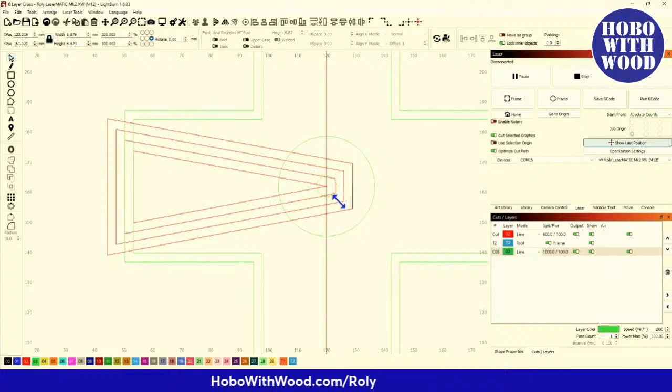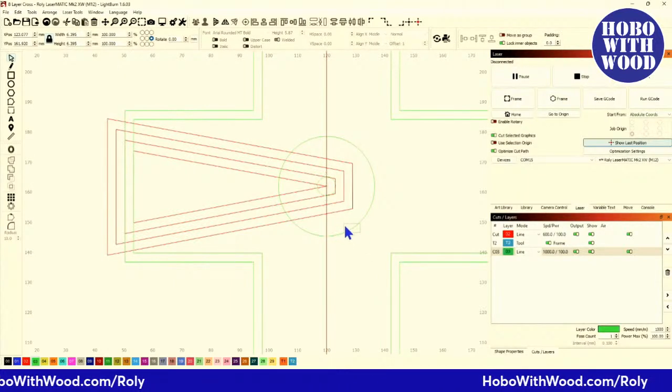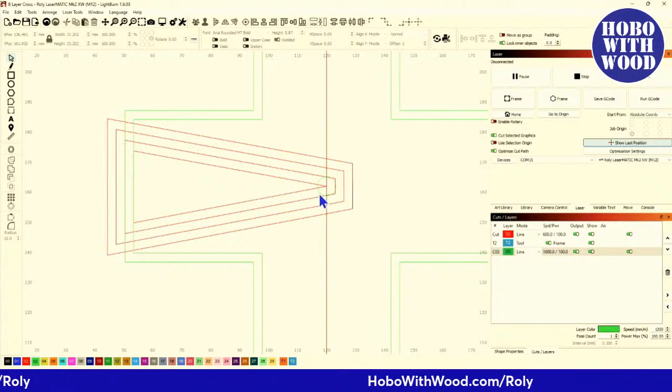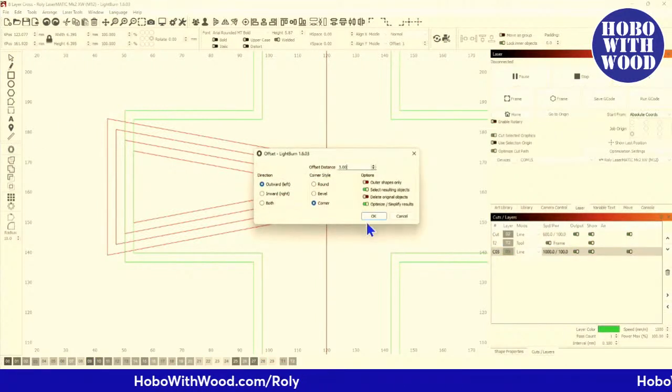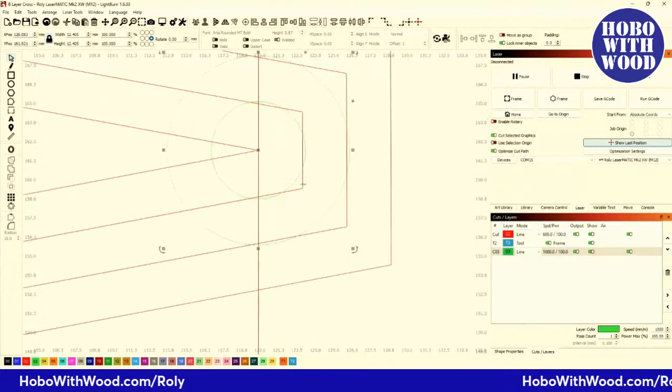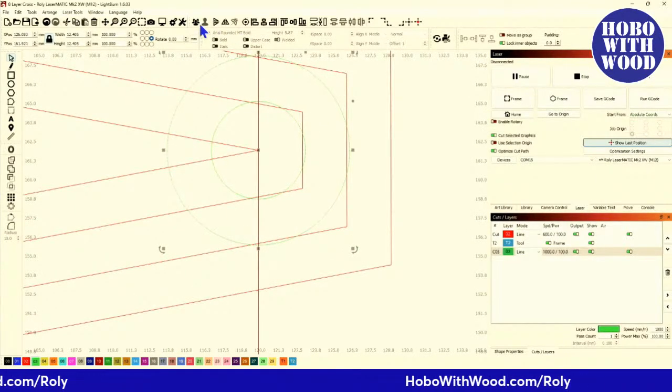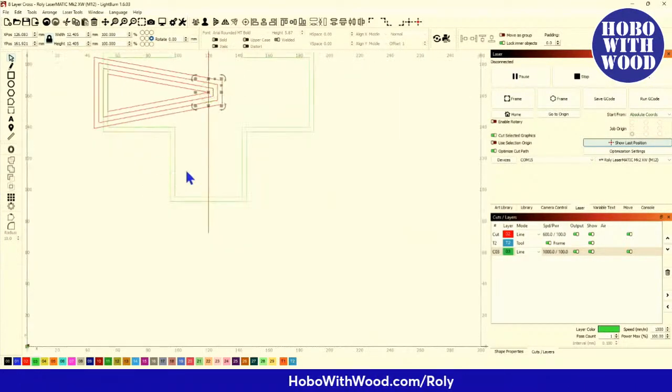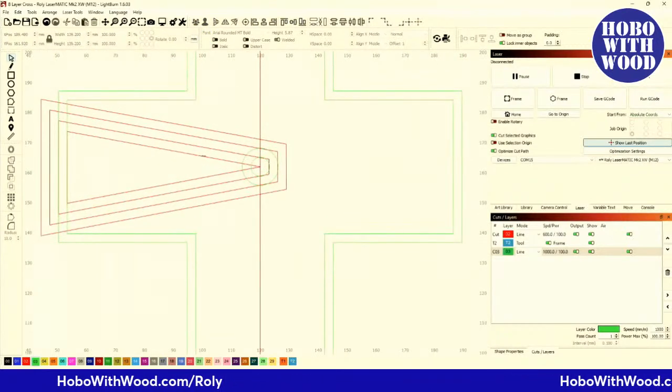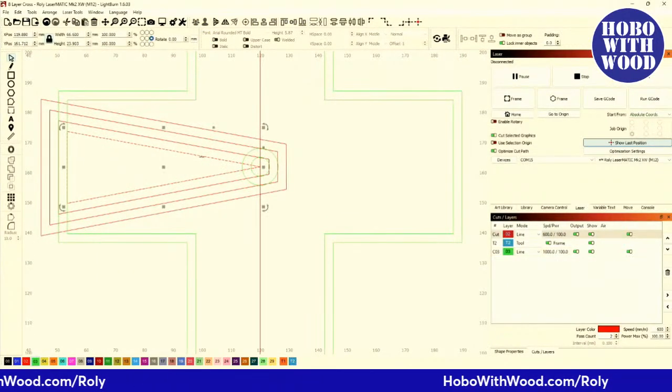Get her down here to the right size. And we'll do an offset outward of that one and say okay. Group. So now if I was to take this one and this one,